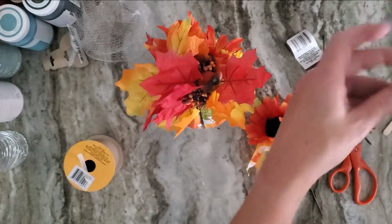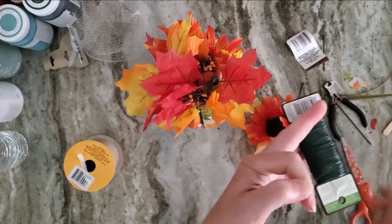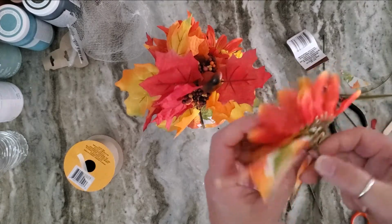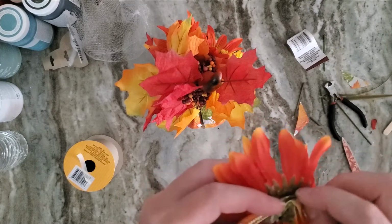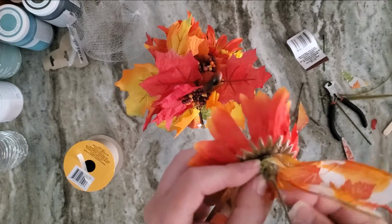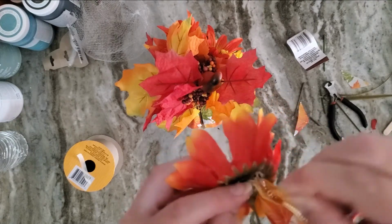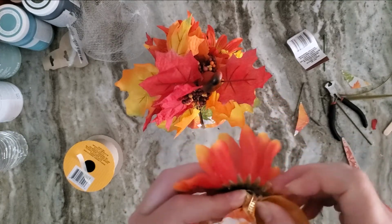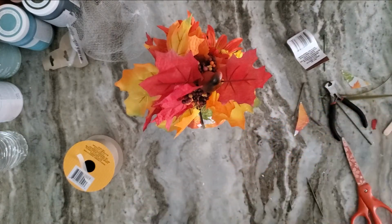So I'm gonna just take a little bit of this floral wire. I have cut off a little piece, and I was trying to make a wreath yesterday, and I was having a heck of a time trying to get it to stay. I don't know what my problem was, but every time I tried to use the floral wire, I just really struggled. So